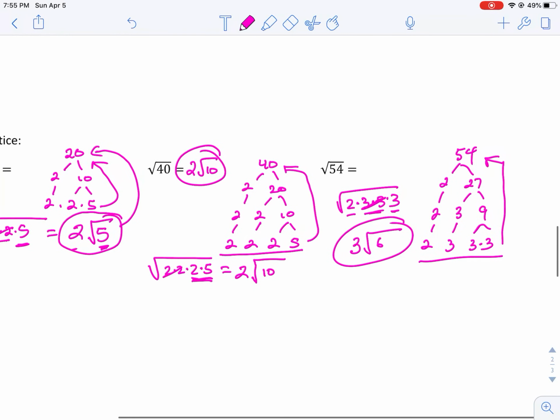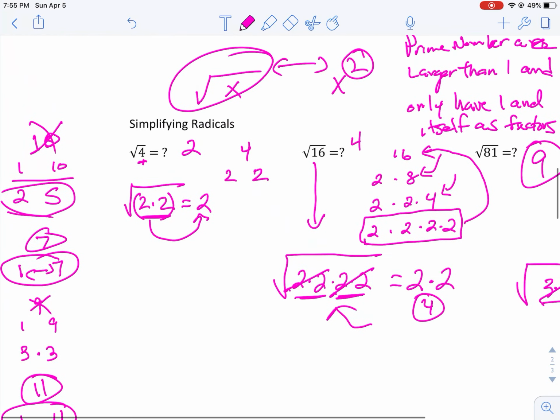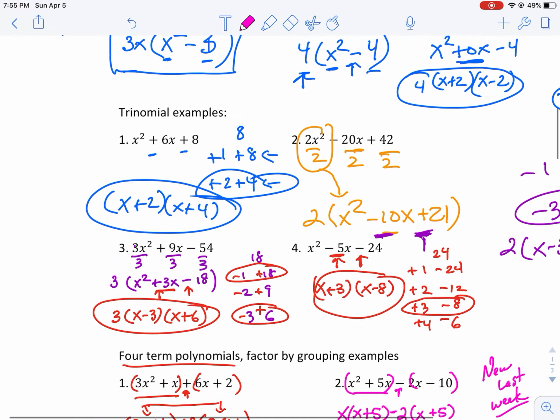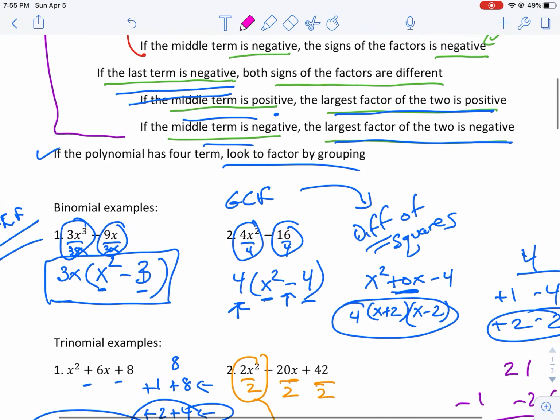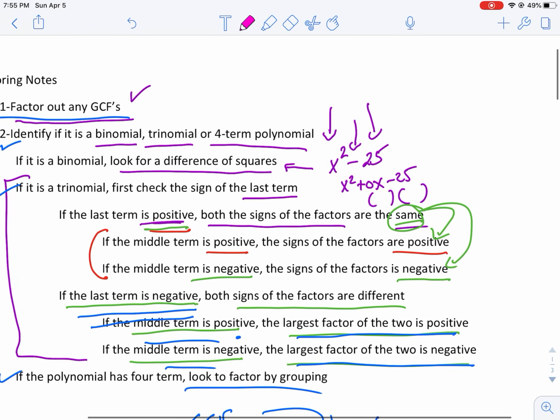Okay? This is our new work, and we're going to practice this a lot. But notice we practice the factoring over and over again because we're going to just keep doing it. So factoring, radicals, big